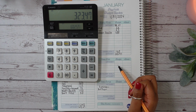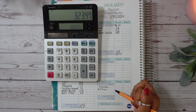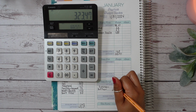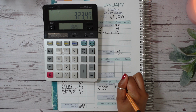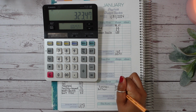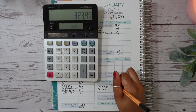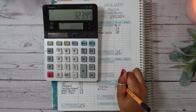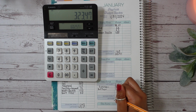The next thing that we need to budget for is extra debt. I'm not going to budget for extra debt at this time. However, I am going to budget for some extra savings. I do have a summer saver. My summer saver is going to get $342. And then I'm going to leave a buffer of $1.31 in my checking account. So let's put my leftover amount of $323.47. And if we add my summer saver savings of $342 and my buffer of $1.31, my saving total is going to come to,